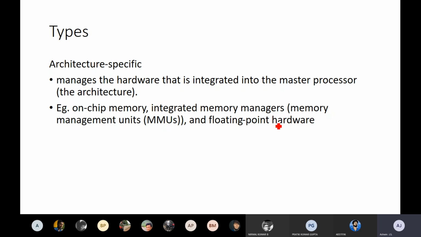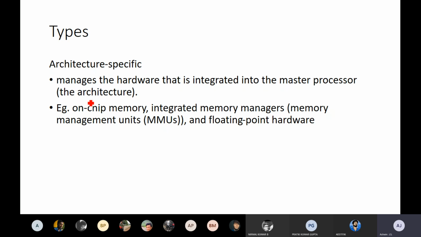So those are nothing but the architecture specific. Suppose the processor is only 4-bit, it means the bus available will also be 4 bits to communicate with the internal memory, the on-chip memory which is available inside the processor. It is not about outside the processor. So based upon the architecture of your processor, the device driver will change.